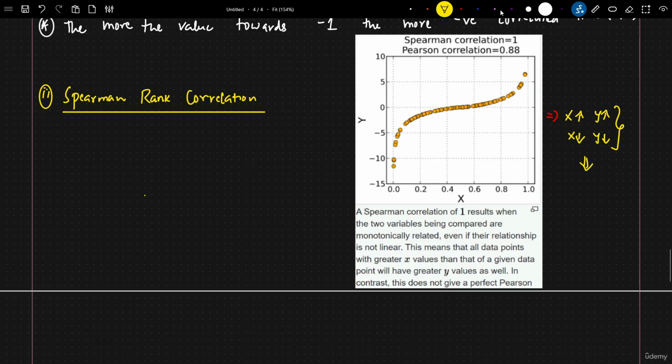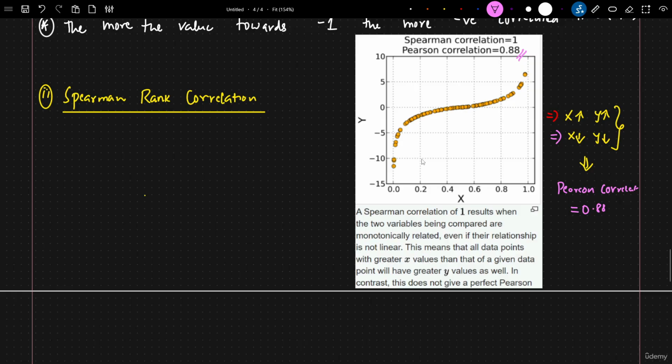So even this scenario is one for the Pearson correlation coefficient. If you go ahead and calculate this, you are getting the value as 0.88. Over here you can see you're getting 0.88. You can see that for every data point it is increasing, following this particular relationship. But why are you still getting 0.88? You should have got 1, right? Because